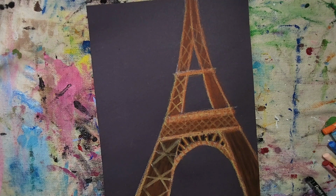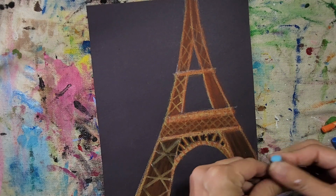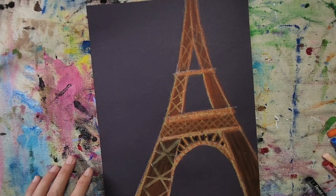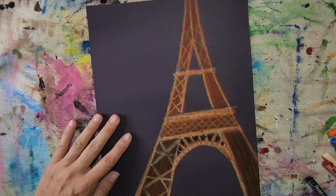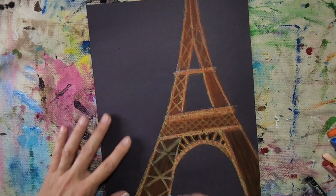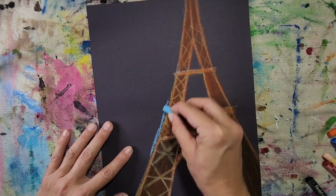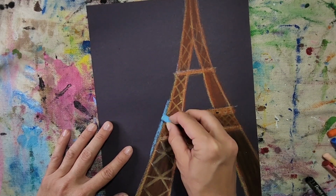Okay, so now I'm gonna use some light blue. I'm gonna rip most of the paper off mine. Actually, I'm just gonna take all the paper off. If you have a big piece, you can just rip off some of the paper so that you can hold it on its side. And on this side here, closest to the tower, I'm going to make it blue, the light blue. So I'm going right next to it,